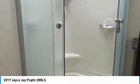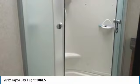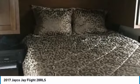Inverter comes with too many extras to name. Has all cords, hoses, etc. ready to roll. This 2017 Jayco Jay Flight 28 RLS is the ideal setup for anyone looking to make their